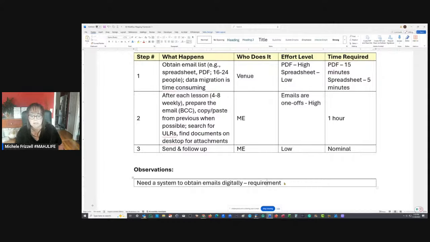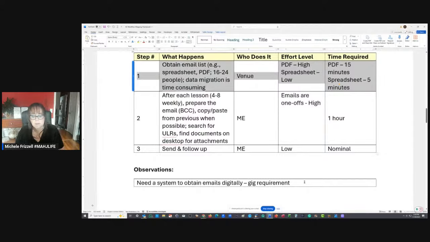Like a gig, make it a gig requirement. Make it like when you negotiate to work in a venue, you'd say, okay, here's how I like to work. I do this, this, and this. I would ask that you provide me a digital list of names and emails of the students before the first class. And that's going to remove all of that. You will remove all of that.